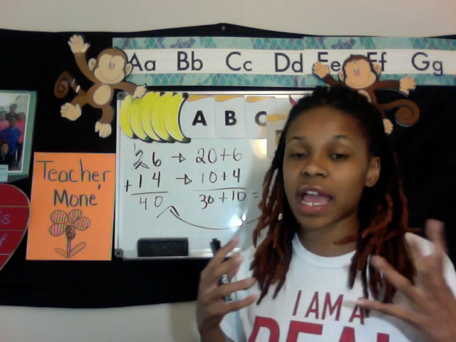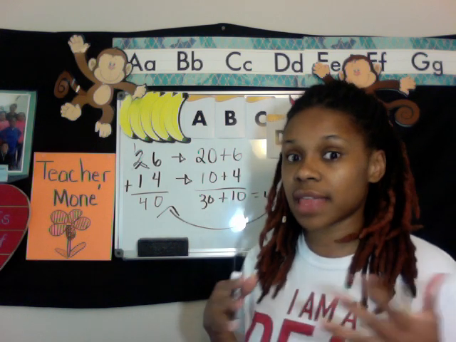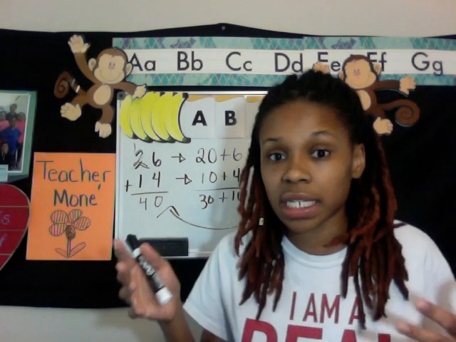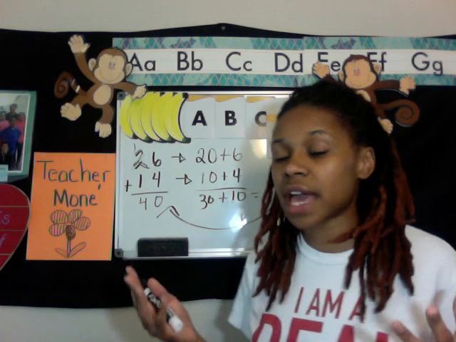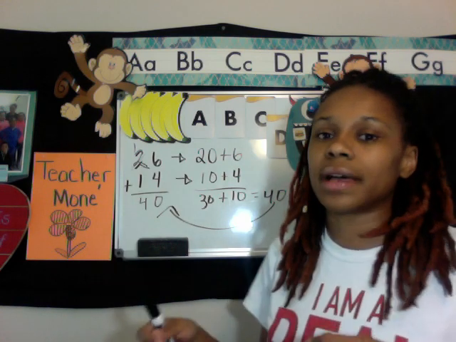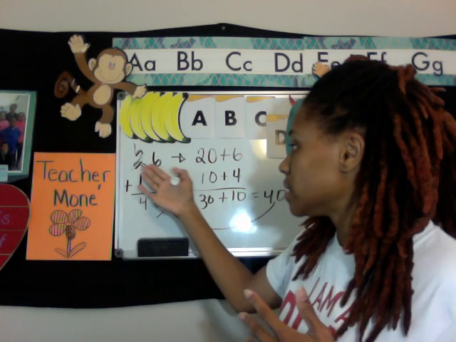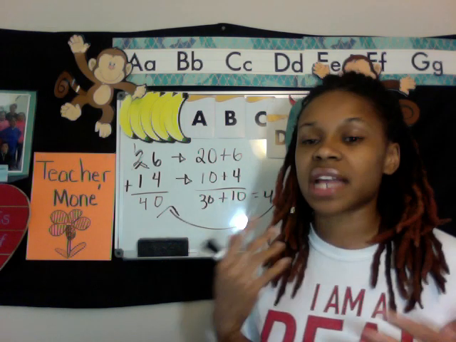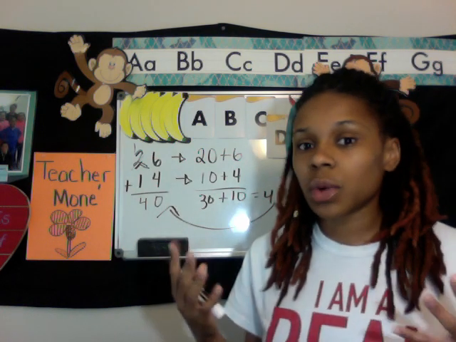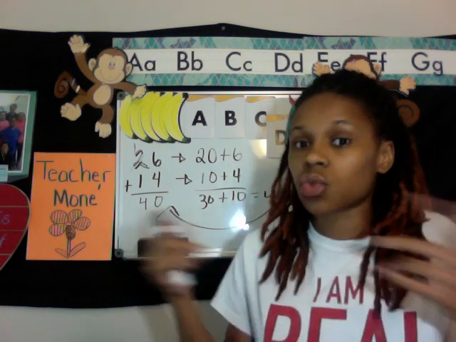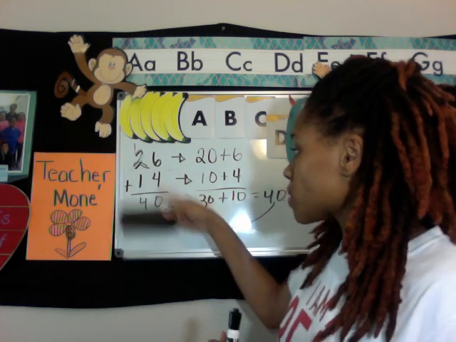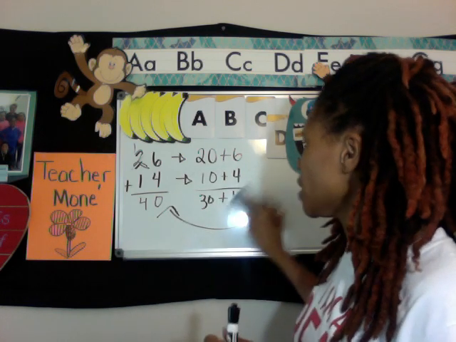So therefore, we have to make sure that they understand that 26 is not 2 and 6. It's 20 plus 6, okay? So that is the whole reason behind having them do all this extra drag it out step, so that they can understand that these numbers actually have a meaning and it's not just a 2 and a 6. Because if you ask some 1st graders, 2nd graders, 3rd graders, even up to 4th grade, what those numbers mean, they'll just tell you 2 and 6 is 26, and that's not true. It's 20 and 6, okay? So this is essentially how you answer this question. I'm going to do another one